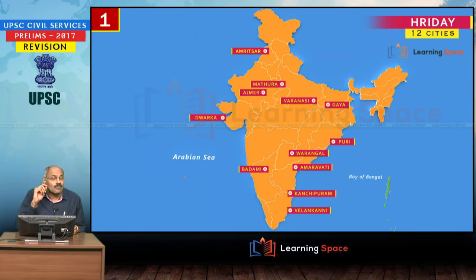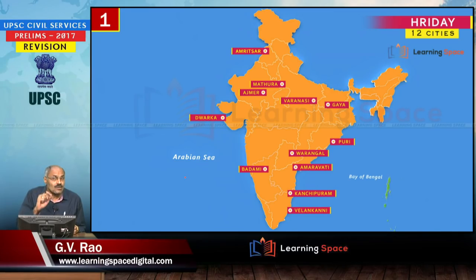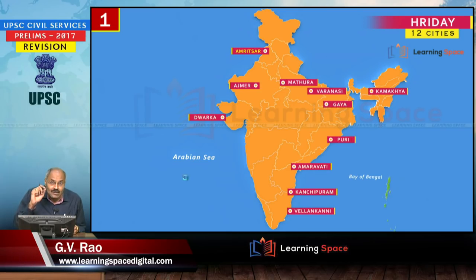Here are 2-3 important points, don't forget. Hriday, Prasad, Swachh iconic places, at the same time phase 1, phase 2. So 12 places are there under Hriday, and in the examination you can expect a combination of places, where they are situated. One is Hriday, the other one is Prasad, and there are 10 places common for Hriday